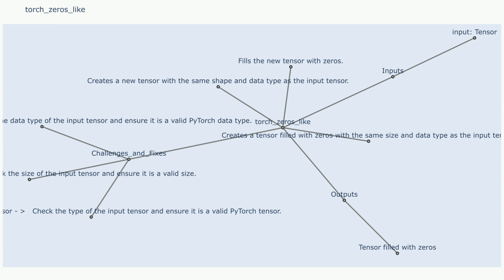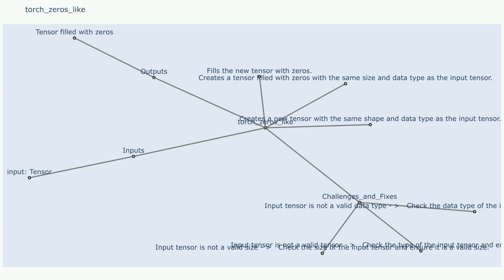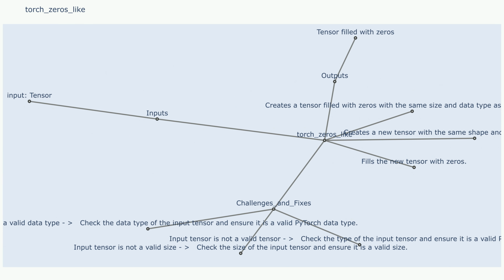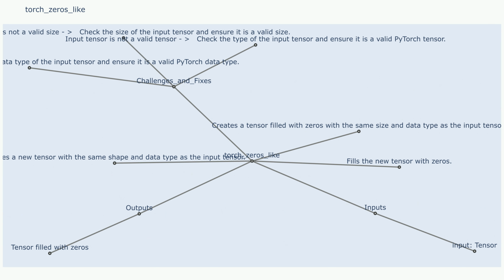Steps. Step 1: the function takes a single input, which is an existing PyTorch tensor. Step 2: it creates a new tensor with the same shape, size and data type as the input tensor. Step 3: all elements of the new tensor are initialized to 0. Challenges and fixes. Challenge 1: incorrect data type, trying to create a tensor with a different data type than the